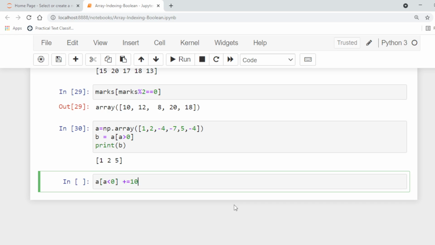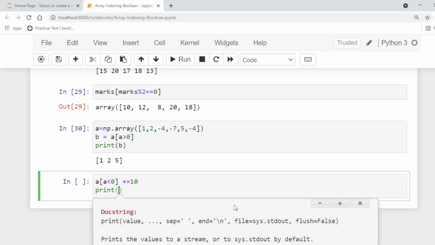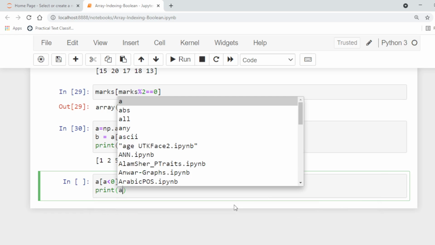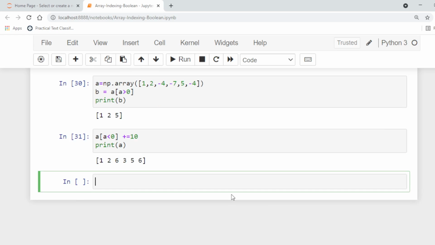So this will add a constant value 10 to all negative values of the array A. So now there is no negative value in the array A because 10 is added to all the values that are negative. So in this way we can modify values selectively.